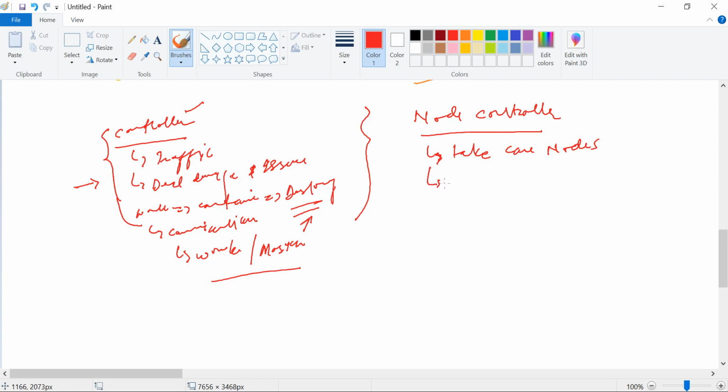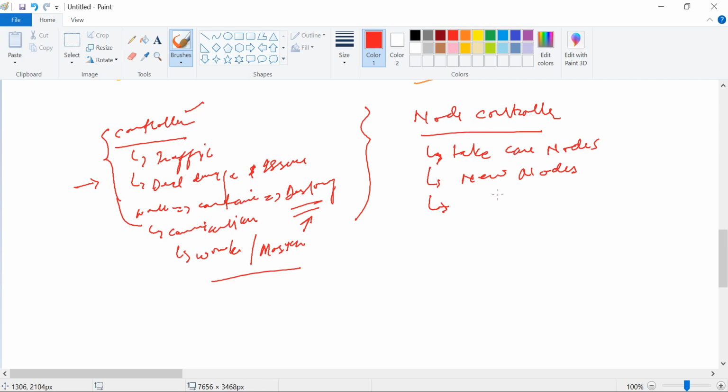It is also responsible for new nodes. If some new node comes under your cluster, it manages that and properly adds it to your cluster.